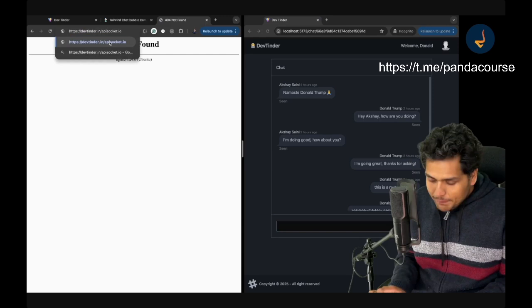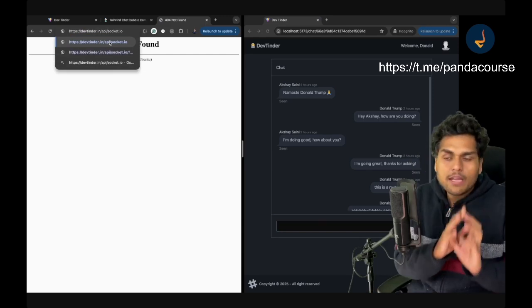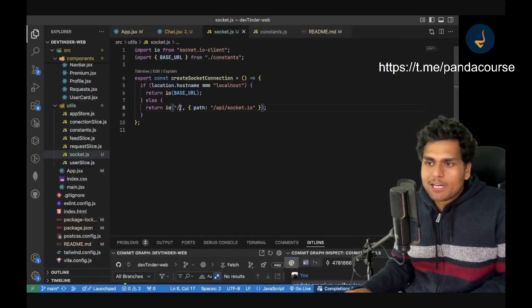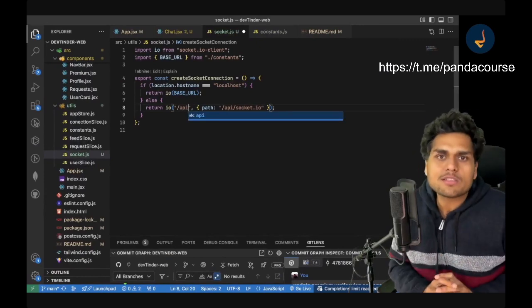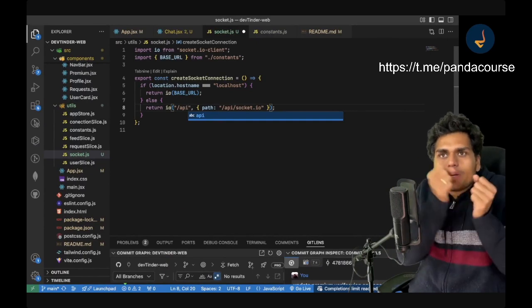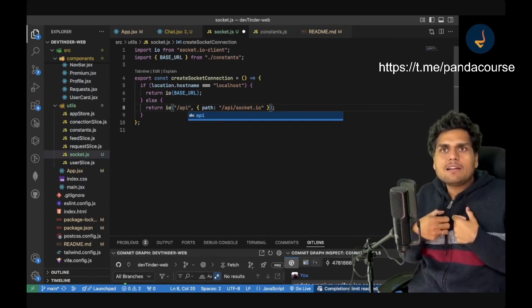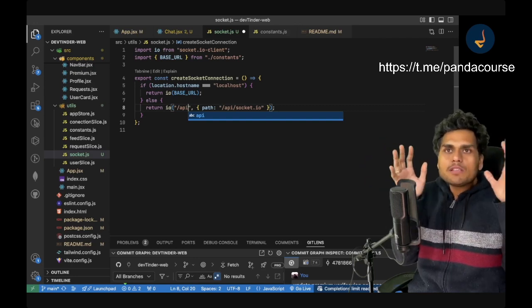If you go to /api/, then only it will work. And if you write over here /api, right? It will not work. Try it out yourself. This is the difference between me teaching you and random people teaching on the internet, because